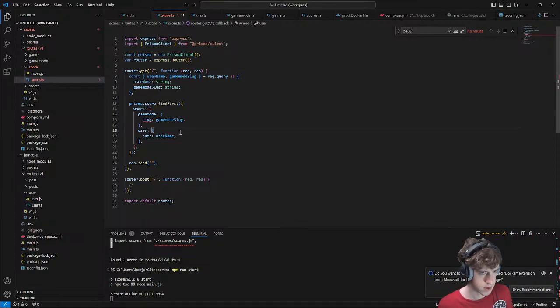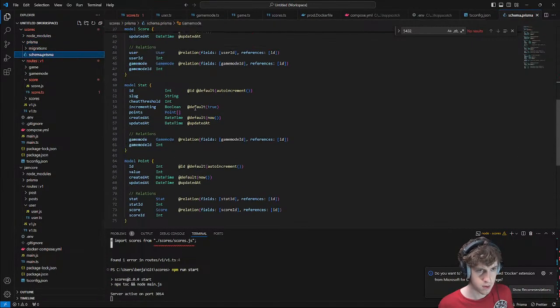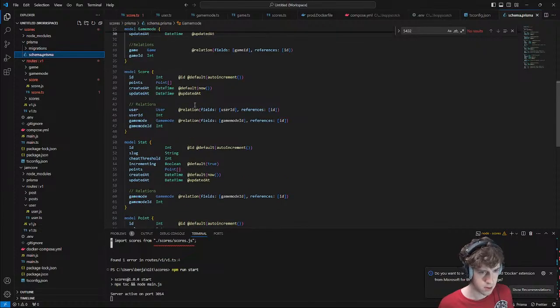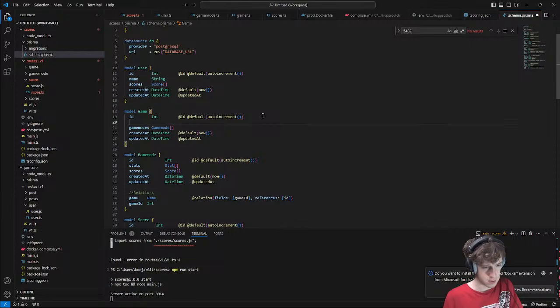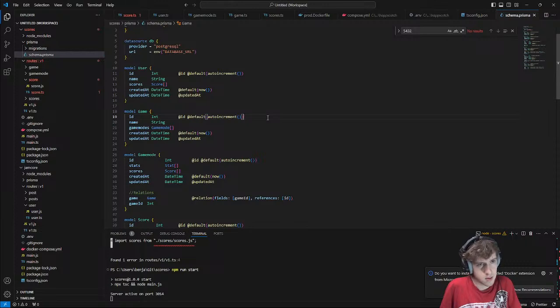Slug does not exist, so I'm going to have to add that in. To do that, I have to go to the schema. In here, I'm going to do name string. Should I do name? I'll do slug.